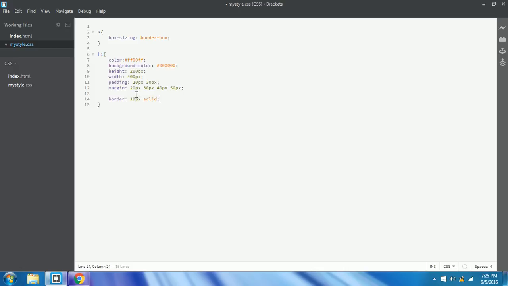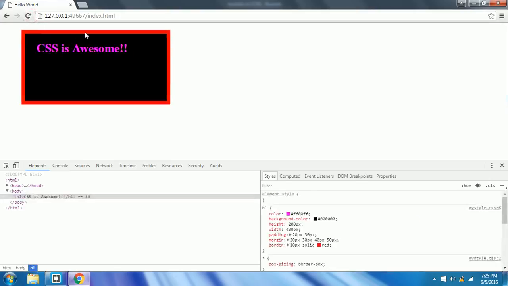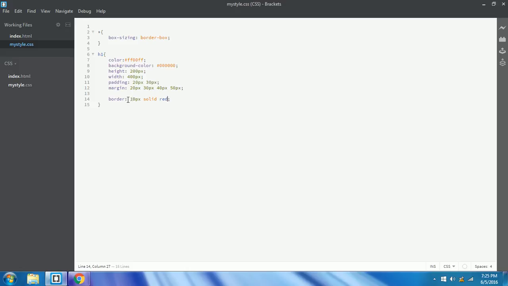If you say 10 pixel solid, it will by default apply the color of the element, and if you want to change the color of the border, you can say red and save it. And if you refresh it, see, the border has now changed. Okay, so now we'll say border is 10 pixels and then border-bottom-color is aqua,